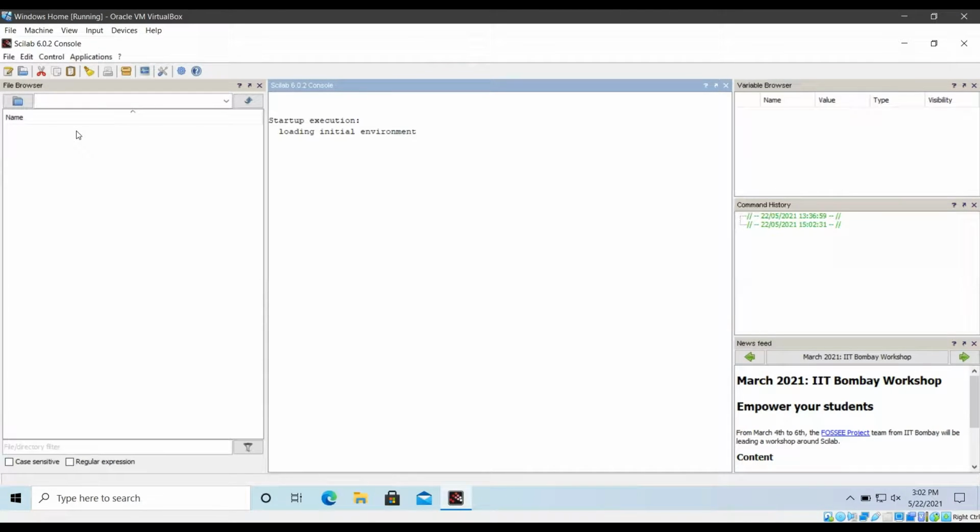Here you can see there are basically two components which we have to look after. The main component here is the console. As you can see my cursor here, console is the main component that you should pay attention to. And then we have our command history, which is another thing to take note of. Whatever statements we write in our console will reflect in command history. However we try to do any kind of operation, it will reflect in our command history.